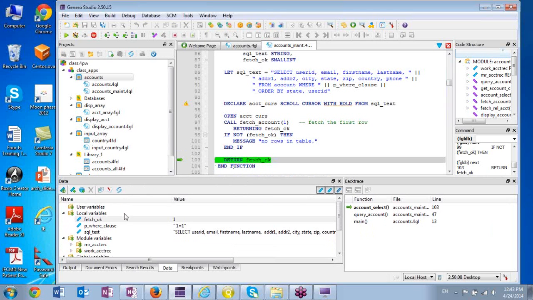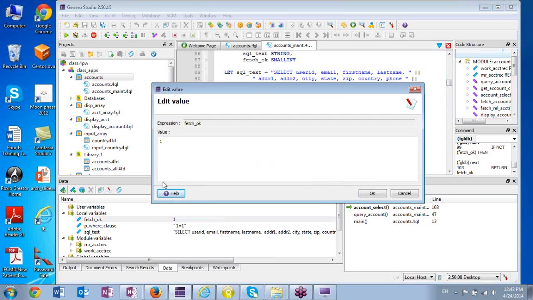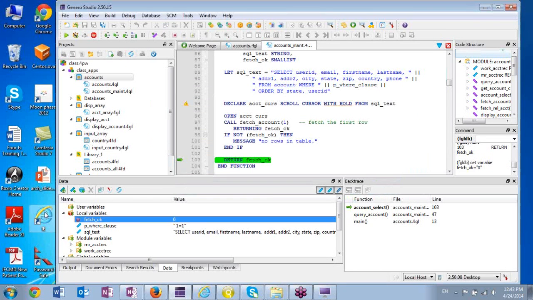Before it returns that fetch OK, let's say that I'm here trying to figure out what the behavior would be if there was a problem. So I can actually edit this variable value, and I'm going to change it from OK, which was a 1, to a 0. And notice now the value of that variable, I've manually manipulated it to cause it to not be OK. Nothing was good about the fetch. So now if we go ahead and continue,